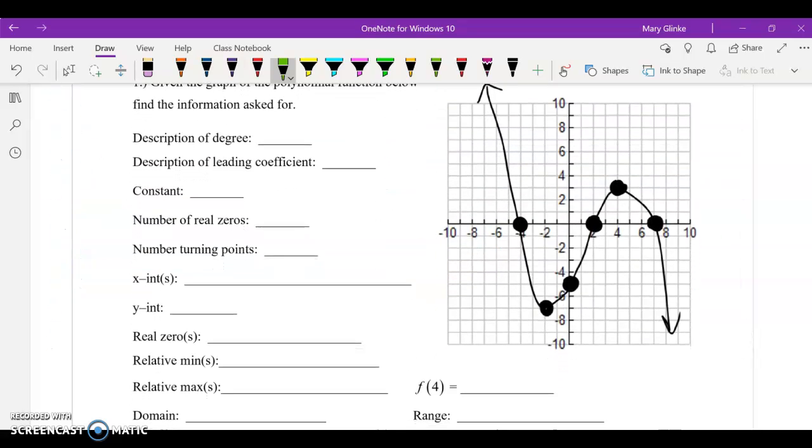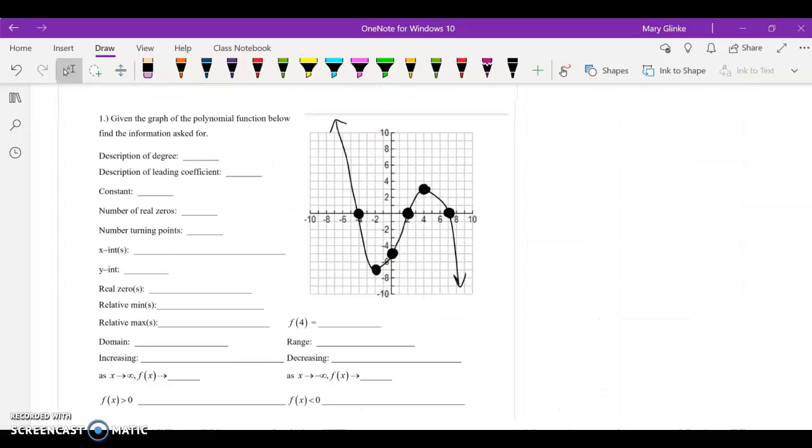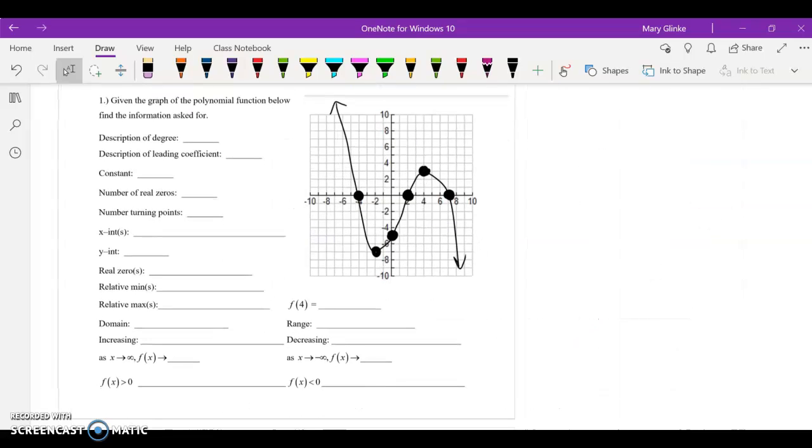So let's go ahead and take that and look at a graph of a polynomial and ask for basically everything we've ever done with graphs before, all in this one problem. So we want to figure out what degree this could be. If it's asking for a description of the degree, we're going to look for even or odd. And because this is ending different directions, one up and one down, this is going to be an odd degree. The leading coefficient is either going to be positive or negative. Since it starts high and ends low, it's kind of mimicking a negative slope, so it is a negative leading